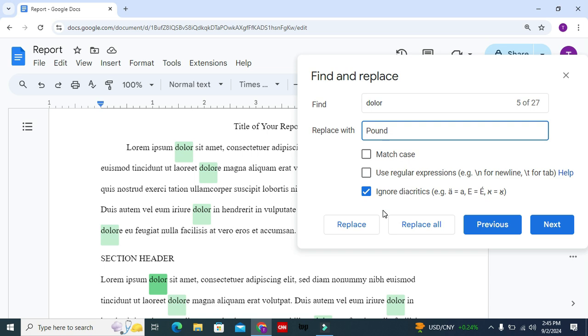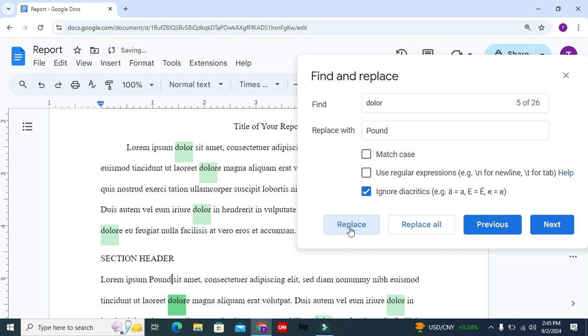And if you want to replace only one, the fifth dollar, just click on replace. Look, only the fifth dollar is replaced, all other dollars are still there.